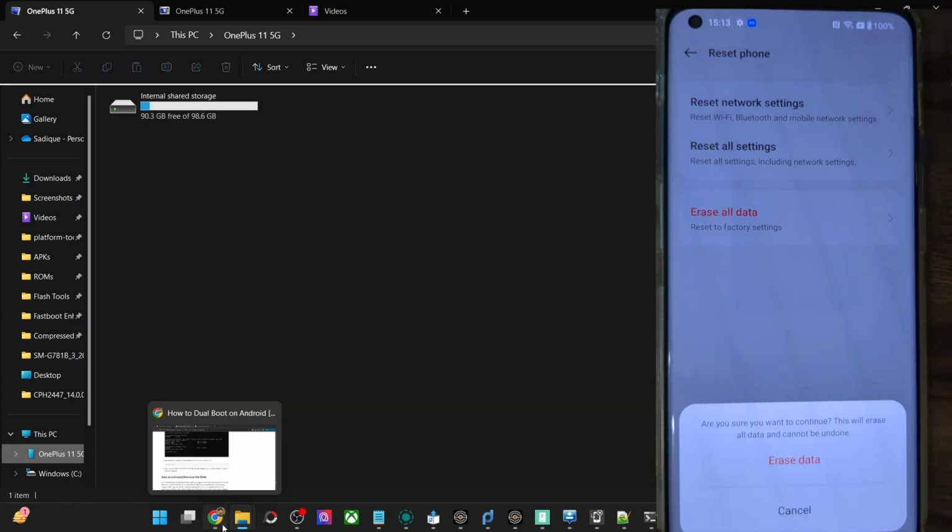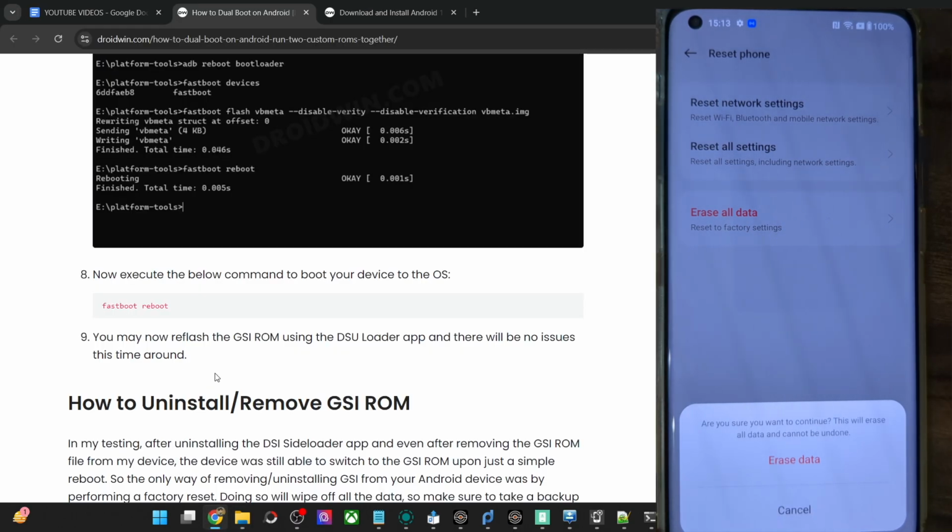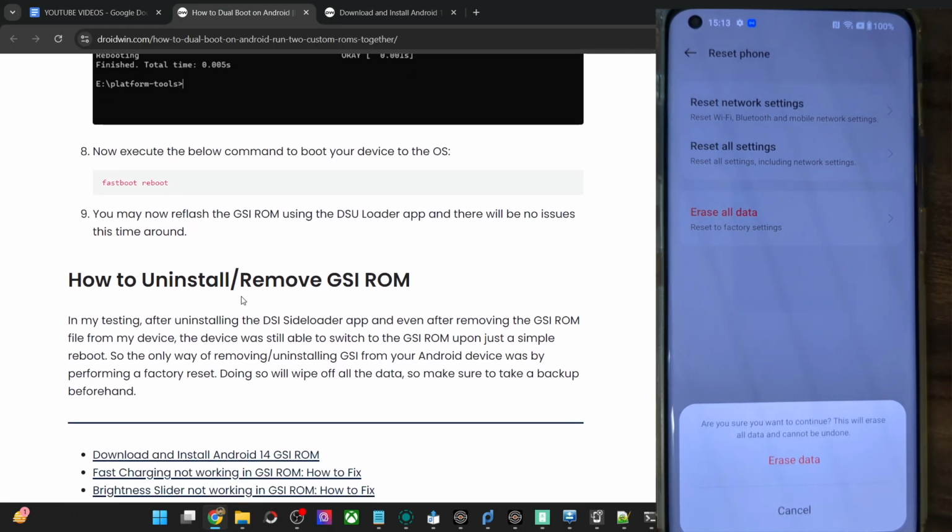There is no other way out to gain back those storage sizes, and as soon as you remove the data as well as do a format data, then you will get back the original OS storage size, and that's just about it. So guys, on that note, I round up this video.